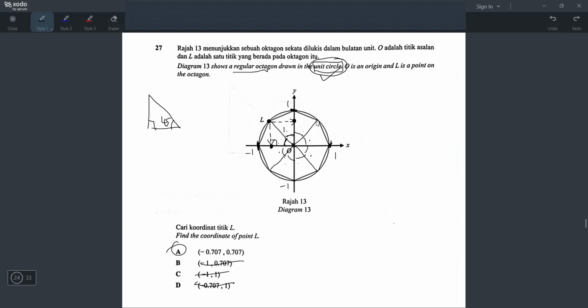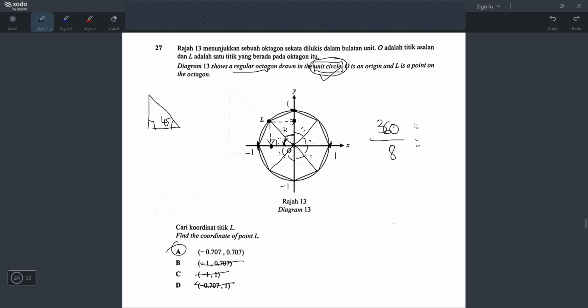So if it's a regular octagon and I draw lines like this, like this, like this, I will cut it into equal sizes. These are all equal size, right? So to get one angle, I just take 360 degrees, which is one circle, divide by 1, 2, 3, 4, 5, 6, 7, 8, right? And I will get,